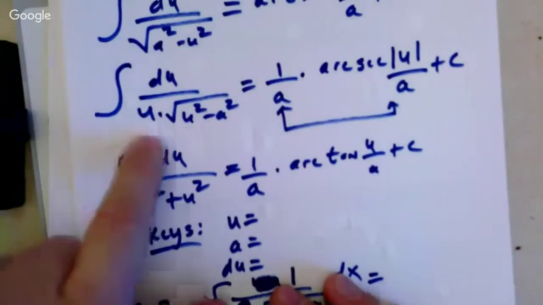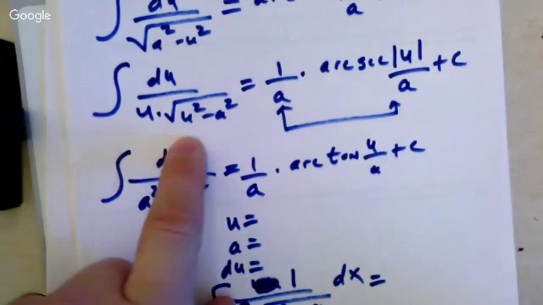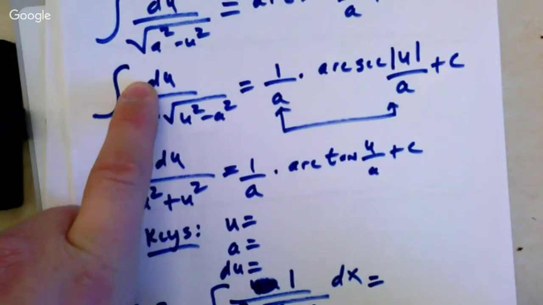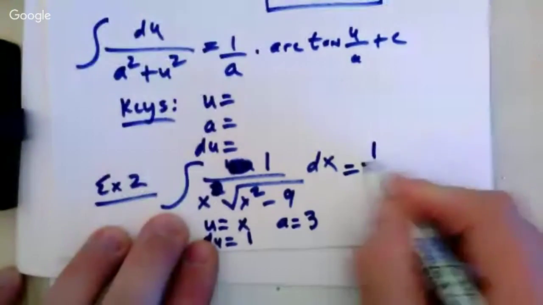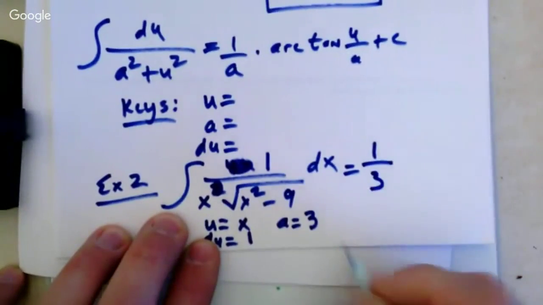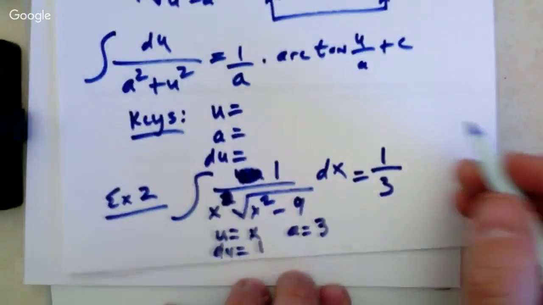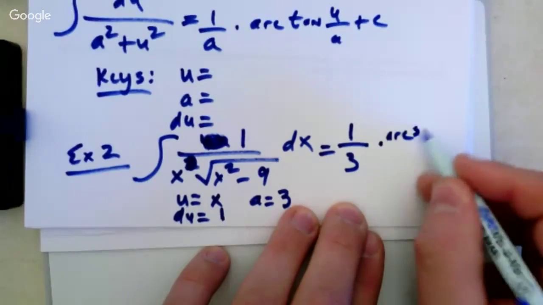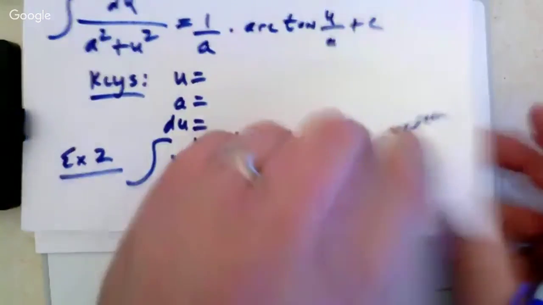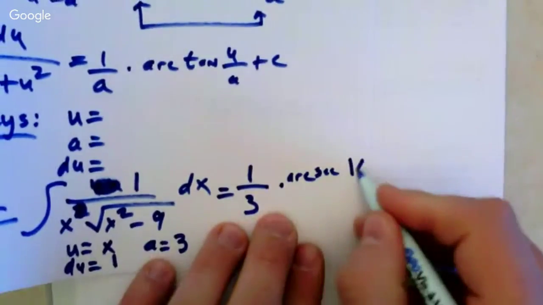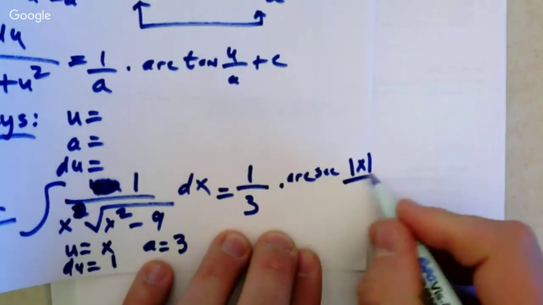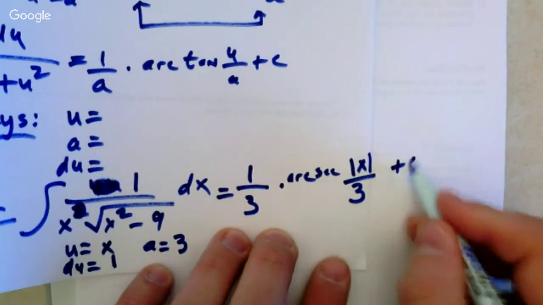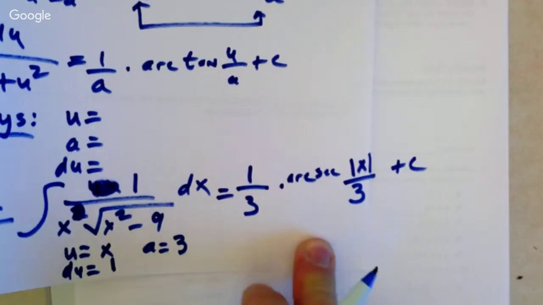So then what do we have? We have u squared minus a squared, and we have du on top. So what is that equal to then? It's 1 over a. A is equal to 3. And notice how I write these down below. That's on purpose. 1 over 3 times the arc secant of the absolute value of x over a, and then a duh thing, but don't forget to put what? Plus C. Plus c, because it's indefinite.